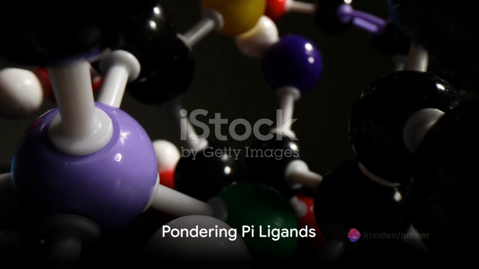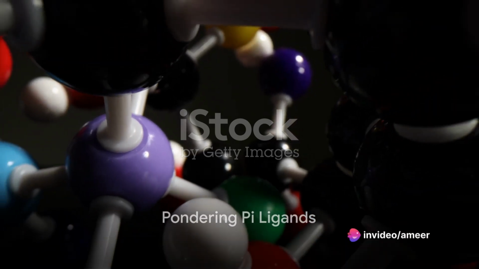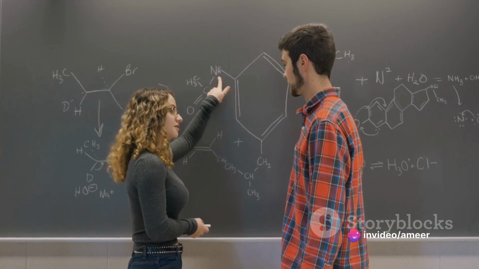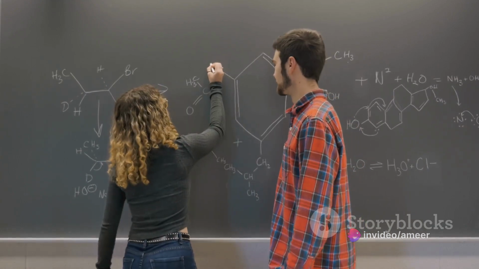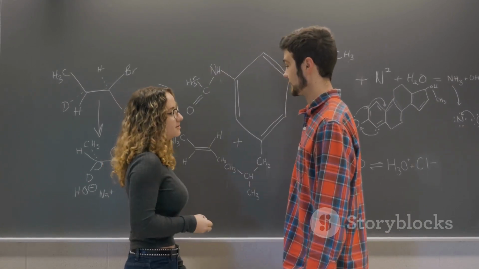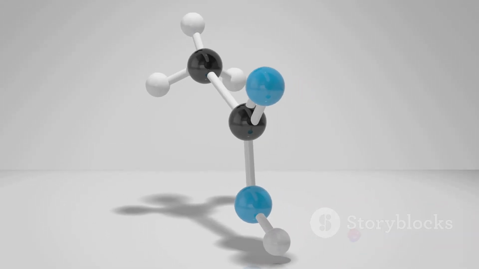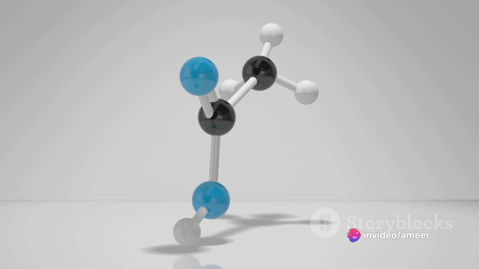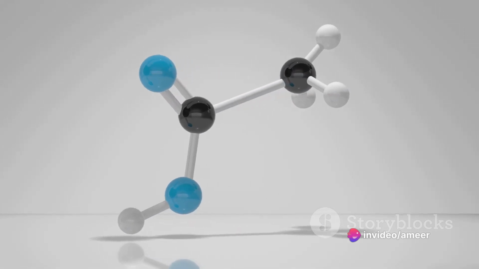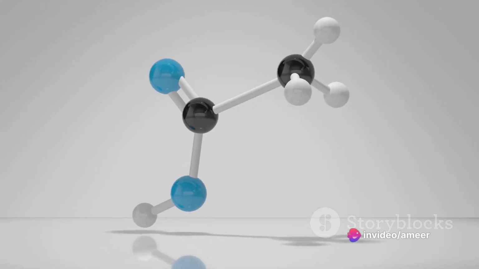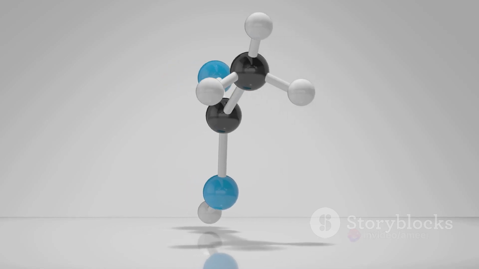And have you ever pondered the significance of pi ligands in chemistry? Today, we're unraveling the mystery behind these unique entities that hold immense importance in the realm of chemistry. Pi ligands, also known as pi acceptor ligands, are intriguing in their structure and function. Their unique structure with their parallel p orbitals allows them to form chemical bonds in a fashion that is quite